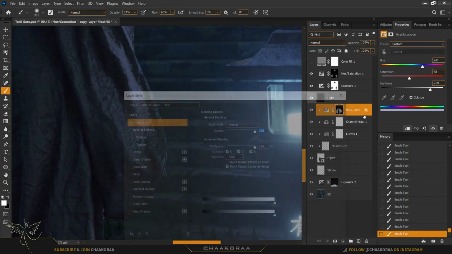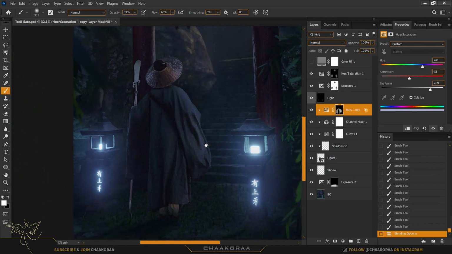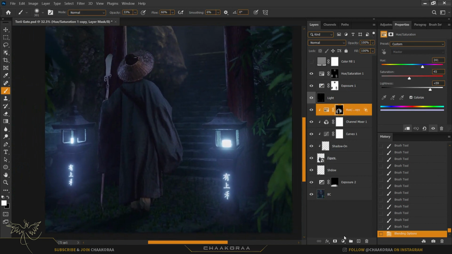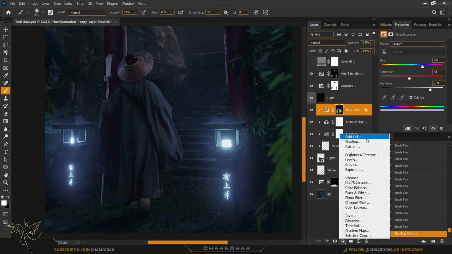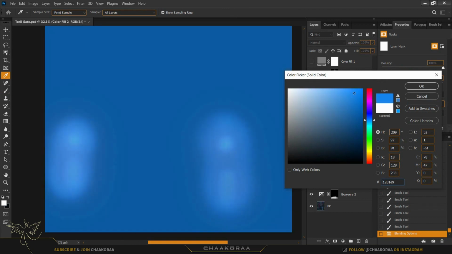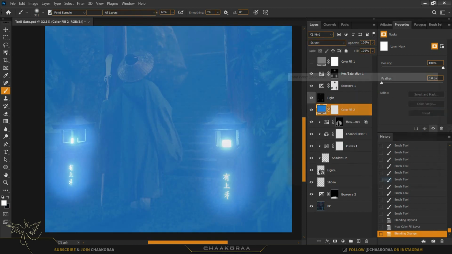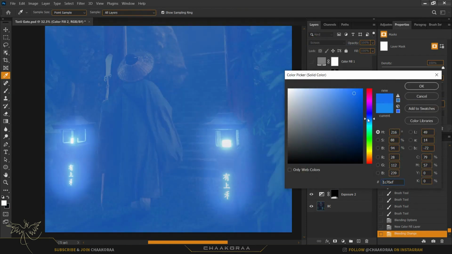Let's go to the blending option again, double click on that, and we can work on it a little bit more, because it wasn't so good. I have to change it a little bit more. Hit OK, and we have this effect here. And let's add another layer. This time maybe I have to bring a solid layer, and for this one let's choose a color like this for now, and change the layer mode to screen. And let's change the color again a little bit more to something like that,